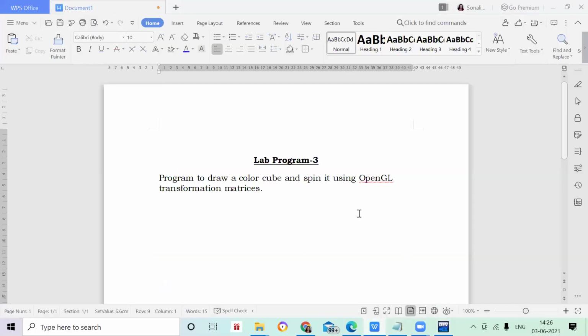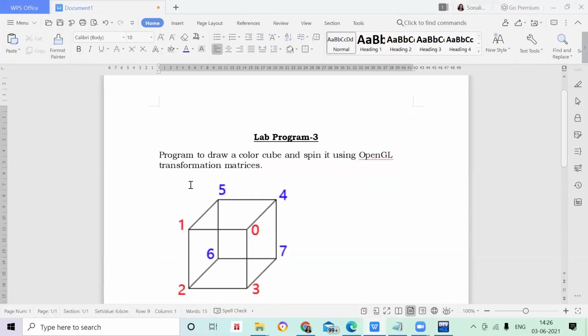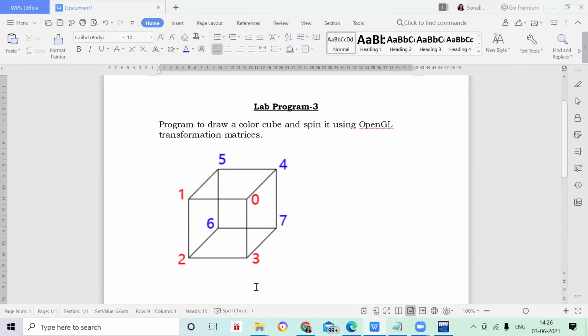So for that I'll just open my word file. Now you can see my word file. Whenever you start writing any program, you have to draw this cube. Any cube, you just draw this and give the name of each of the vertex points. Randomly you can give. It is not necessary to do it the way I have shown you now. You can start from 0 here also. So just give the names 1, 2, 3, 4, 5, 6, 7. As I have started with 0, I got 8 vertex points, so 0 to 7.